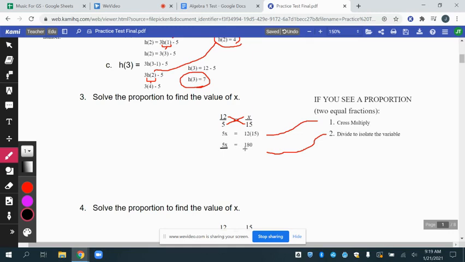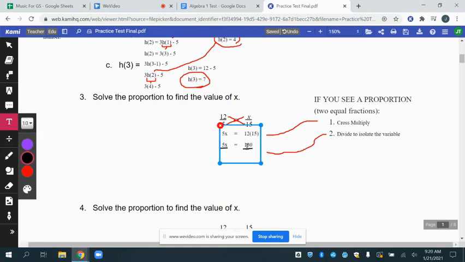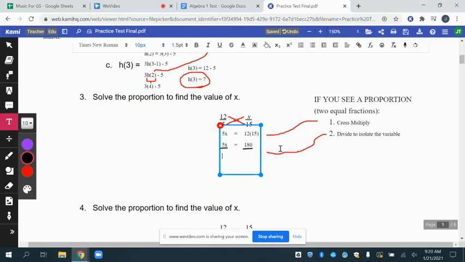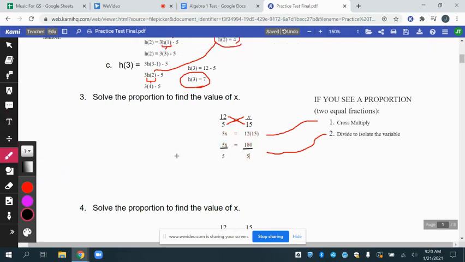There's the left side. There's the right side. Back to text. Enter. I'm going to divide by 5 over here. Divide by 5 over here. Fives are going to cancel out like this. Oops, I don't want to change that to red. I want to write in red. Fives are going to cancel out like that. And I'm going to end up with